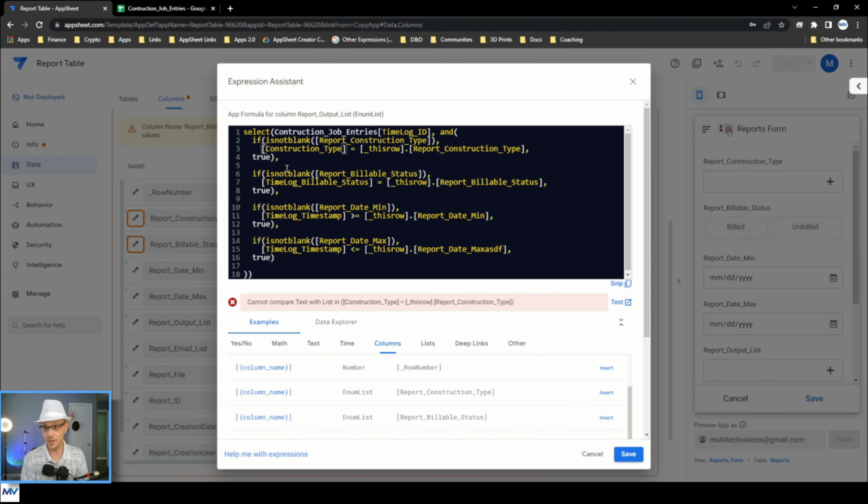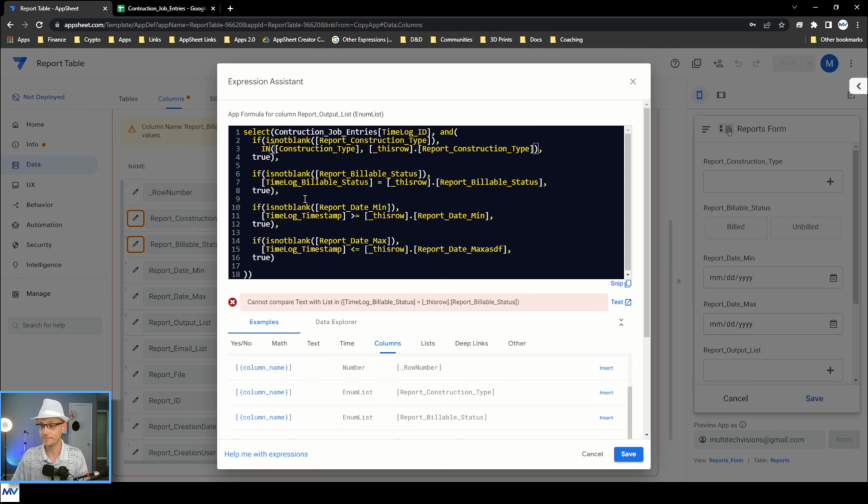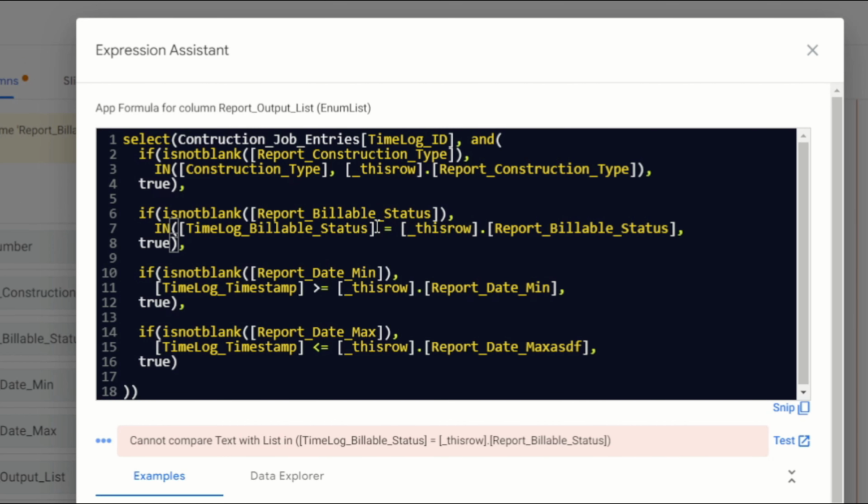So it's just changing this to an in, and then we go to the other side of construction type, get rid of the equal, put a comma, go to the end over here, and put in a closing parenthesis. We need to do that for construction type, and for billable status as well, since this is also a list. So in, go to the other side, drop a comma, get rid of the equal sign, go to the end,